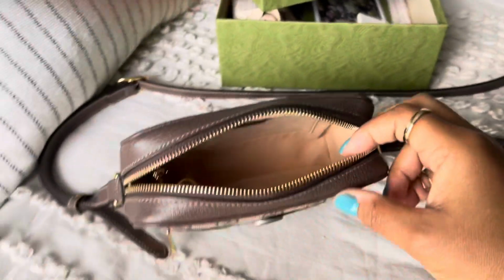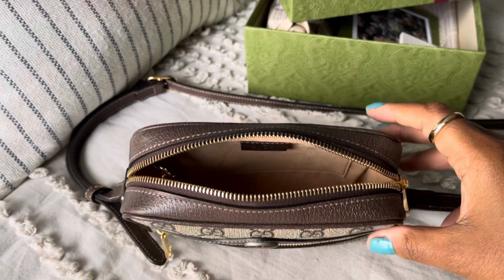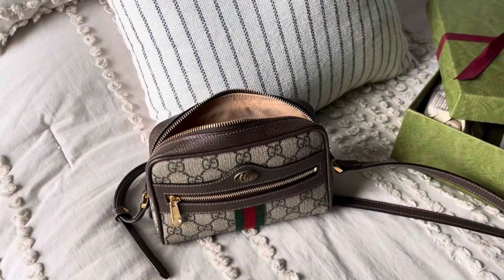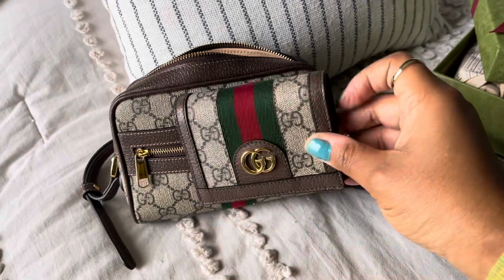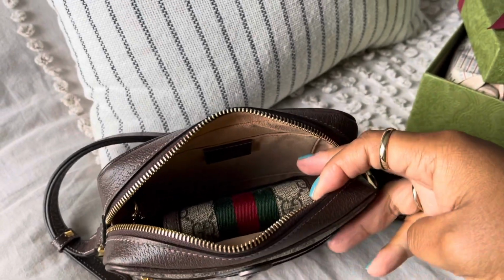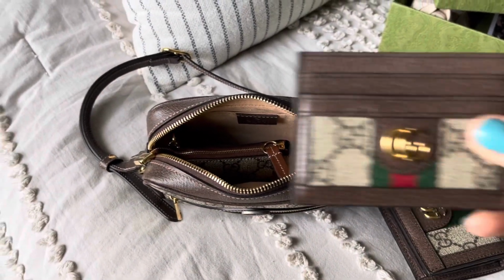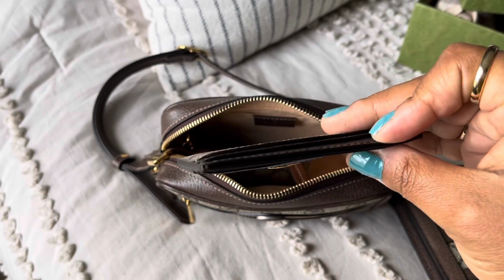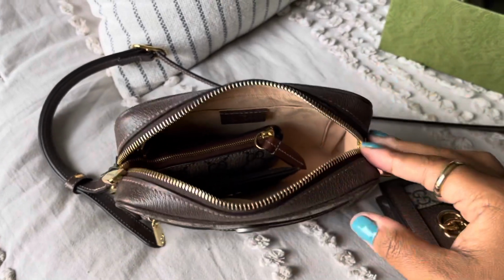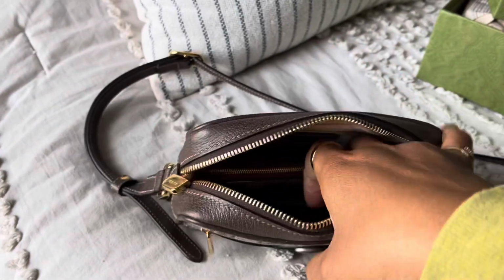Now, there's a couple of different options if you didn't want to have that big old wallet that I just pulled out of there. And the wallet that I pulled out, oh wow, it started raining. Give me a second. So the wallet, obviously it's a mid-size wallet, but it takes up a lot of space in there, which is why not a whole lot else is going to fit. But if you wanted to create a little more room, you could do a card case instead of the wallet. And see, I've got my key pouch in there, the card case, and now I have a little bit more room. With a little more room, I can now put a lotion in there,